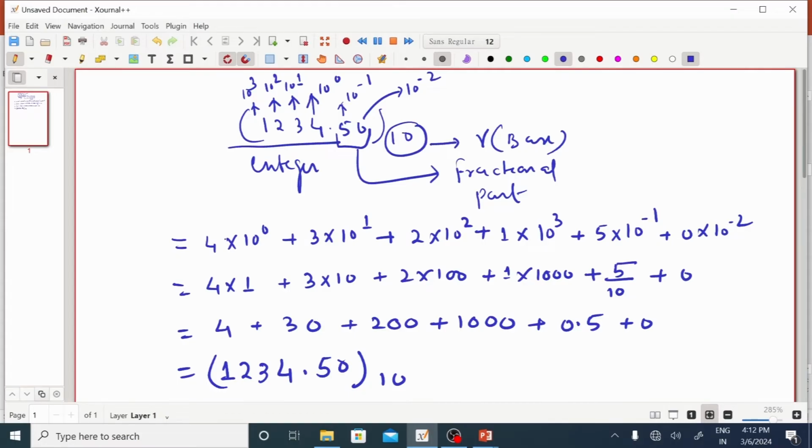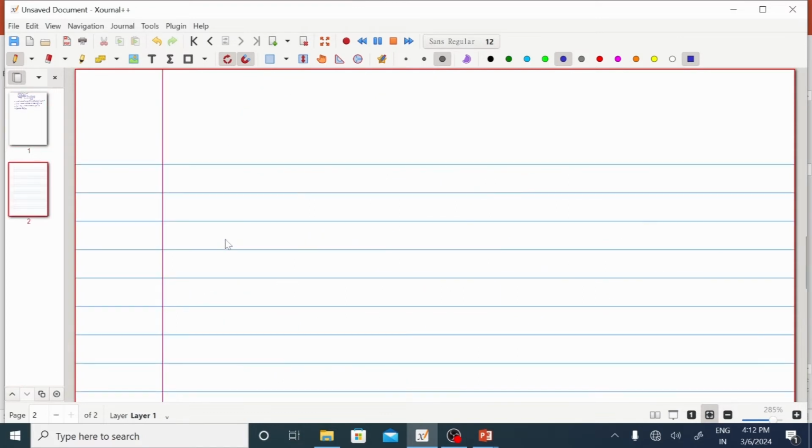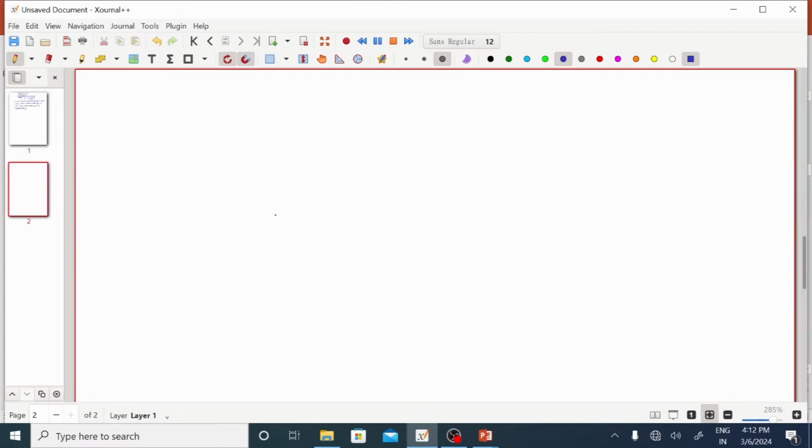So the simple general formula for writing this number is what? Suppose any number is represented like D0, D1, D2 up to Dn, then place a decimal point, then simply D minus 1, D minus 2 and up to D minus m here. Then, for obtaining an equivalent number in the decimal number system,